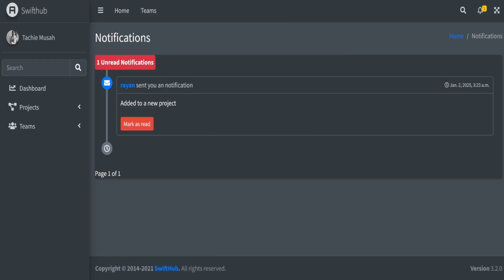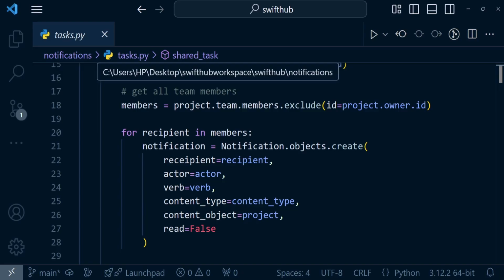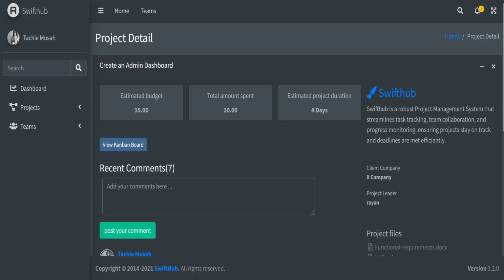We're also going to revamp our notification system. That's going to give us the opportunity to learn how to mark notifications as read, filter self-created notifications, and even manage notifications with custom model managers. Plus, we're going to learn how to add extra context to our project detail view to give us a deeper